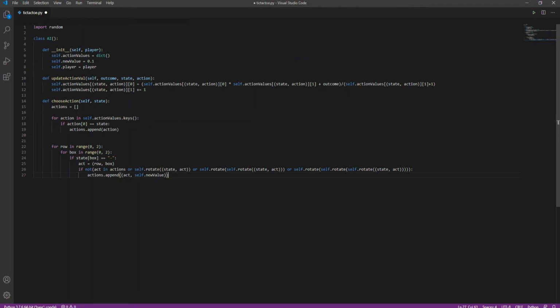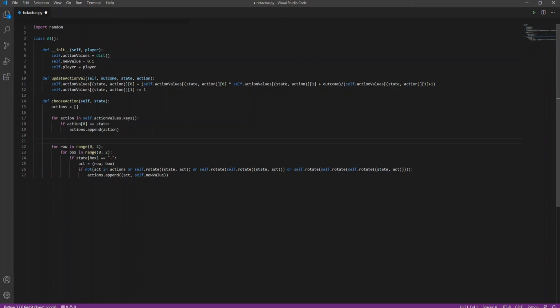But that's still basically the same board, and the AI does not really need to differentiate between each different rotation of the board. So this line here, all that does is make sure that the AI hasn't done this action, or hasn't done the equivalent of this action. And the reason we're making sure that we have fewer actions is because it will make the AI a lot quicker to learn. So then we just add it to the actions list as a new action that the AI could possibly take,